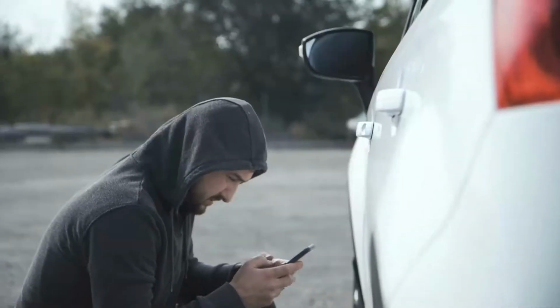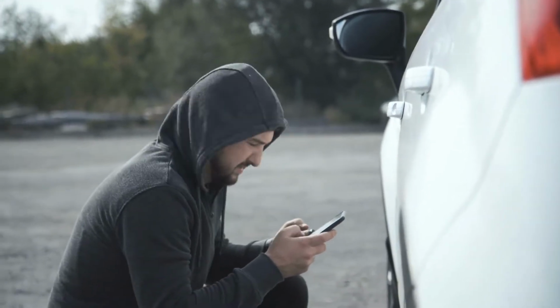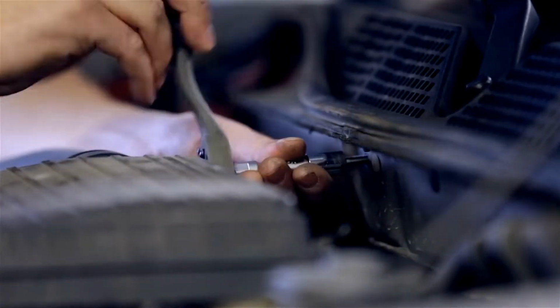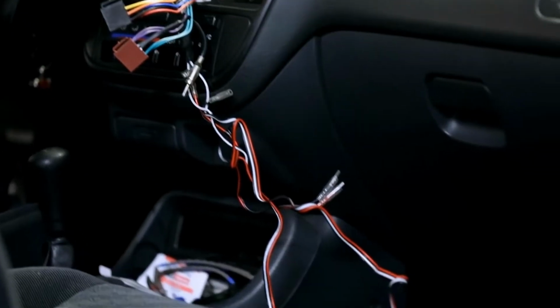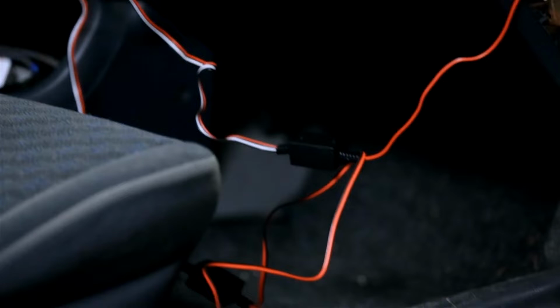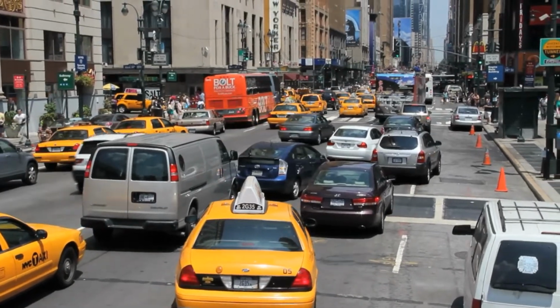Thieves aren't just limited to these methods and devices to get their hands on people's cars. There are many others that are easily available and work like magic. So if the thief doesn't have the vehicle registration details or can't pull out the vehicle identification number of the vehicle for a key code, there is yet another thing they can use. It's called a